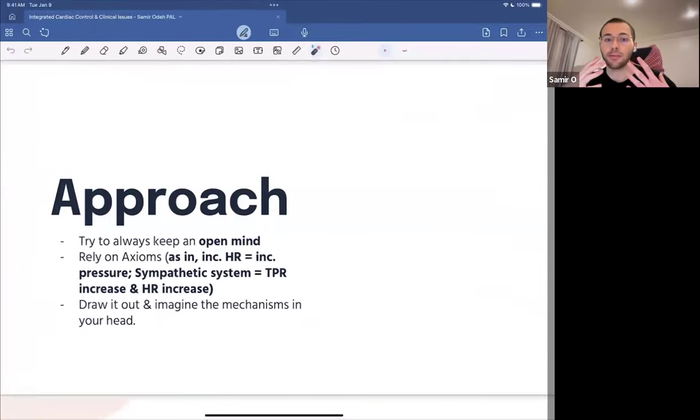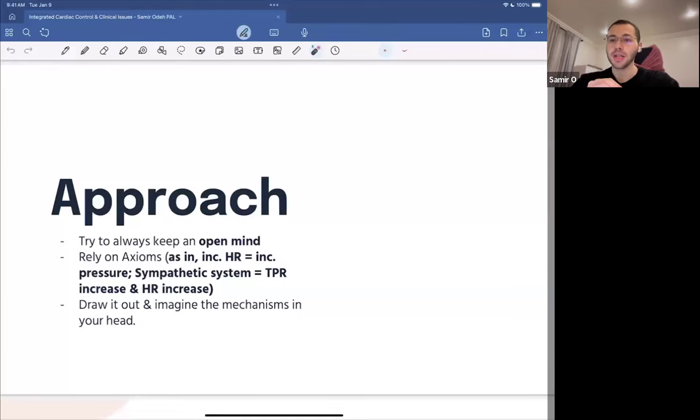Okay, so let's just discuss my approach, at least, when it came to digesting this lecture and understanding this lecture. Essentially, what you need to do is have an open mind and always look at the questions from a pretty wide perspective. Rely on certain axioms and facts that you specifically learned from your previous lecture. So for example, I hope that everyone here today has made sure to study the 11th and 12th physiological lecture about the integrated cardiac control system, so about the nucleus tractus solitarius. I'm still going to be recapping that today, inshallah,